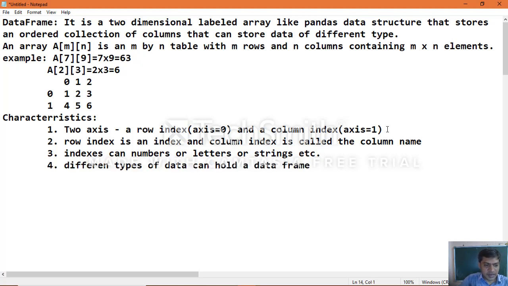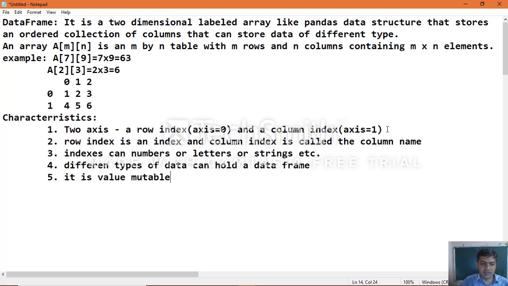Another characteristic: you can easily change its values, because it is value mutable. We already learnt this when we learnt about data types, the difference between mutable and immutable. So it is value mutable.